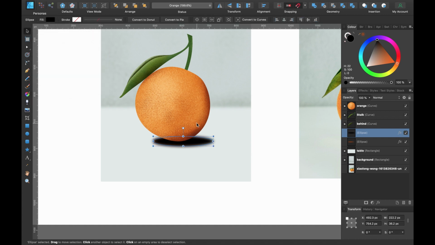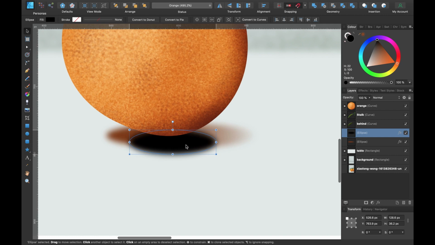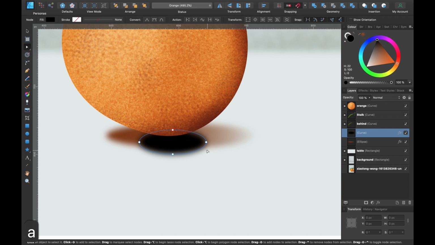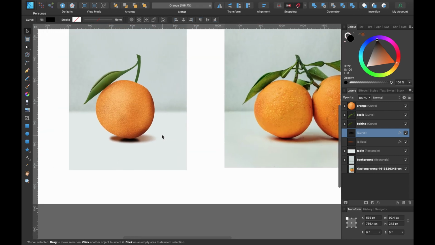And I'm going to click on the move tool again, and I'm going to reshape this shape that we have here. So I'm going to bring it down about here, maybe somewhere like that. And then I'm going to click on convert to curves. I'm going to click on A, our node tool. Just going to hold down Alt and click. Alt and click. With this one, I'm just going to drag it up a little bit like that. Okay, and now I'm going to bring down the opacity of that layer slightly.